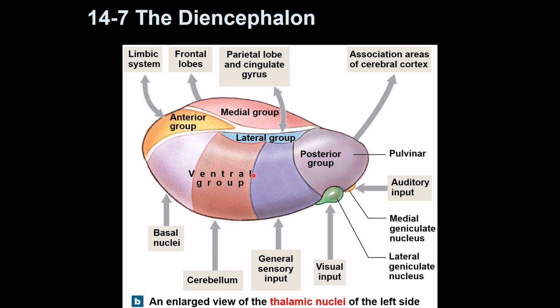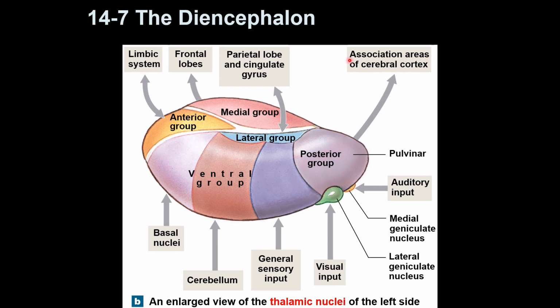You also have the lateral geniculate nucleus that is receiving visual information, and the medial geniculate nucleus that is receiving auditory information. The posterior group is called pulvinar, and that is connected with the cerebral cortex. There are areas of the cerebral cortex that are called association areas. I will go over them in a few minutes. So for now, just